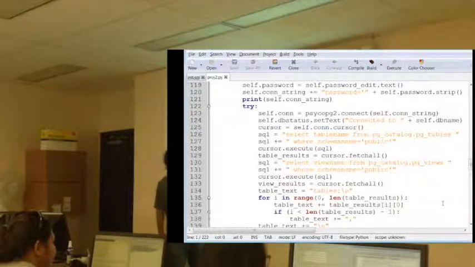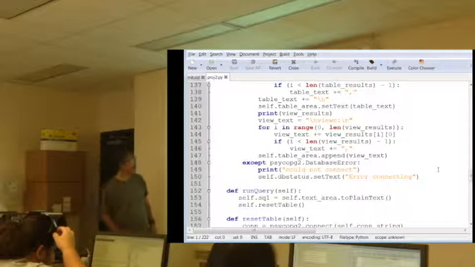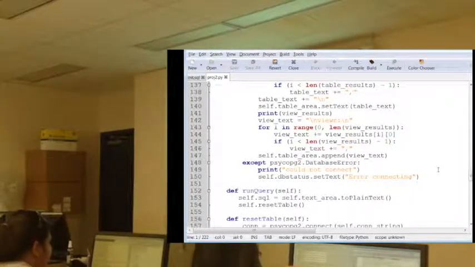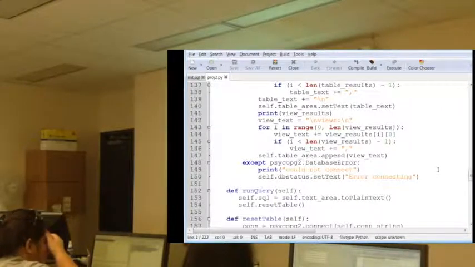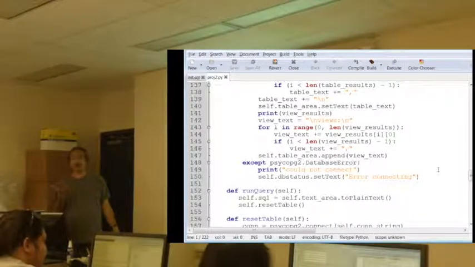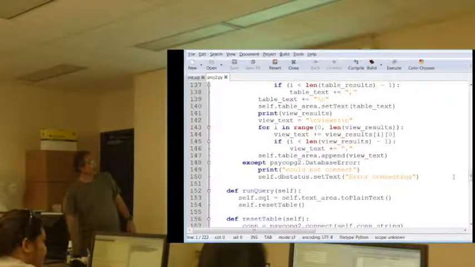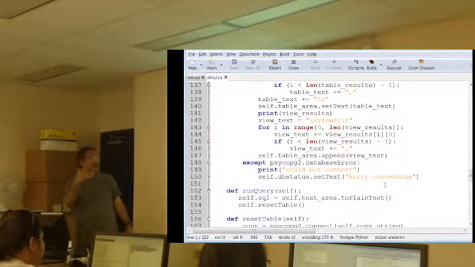The reason why this stuff is inside of a try block, let's look at the except block to see what the other thing that could happen. What could happen is that you don't connect to the database, so it'll throw this exception. We catch that here and we'll say can't connect. So if I try to connect to a database and I can't connect, because I put in the wrong name, wrong username, wrong password, wrong port, wrong host IP address, then you would just show in the status line, could not connect. But if it does connect,